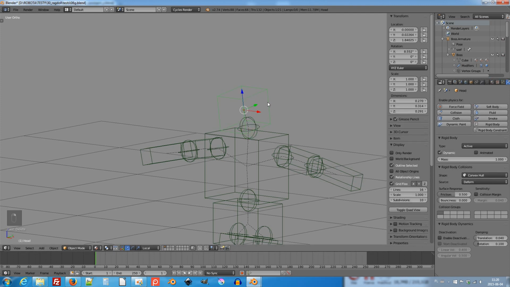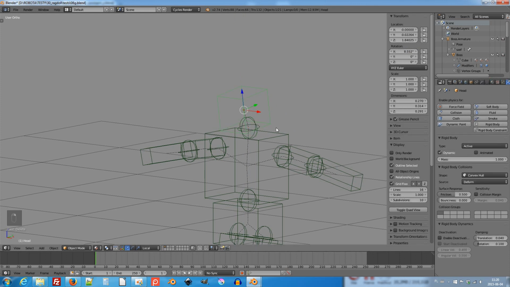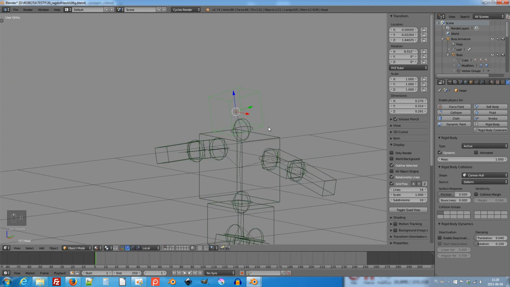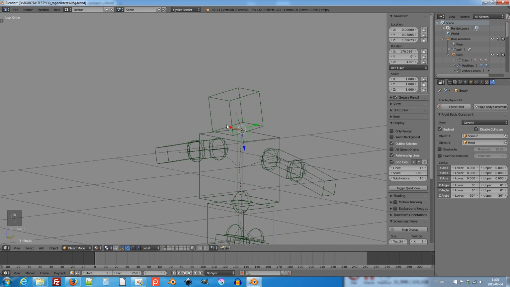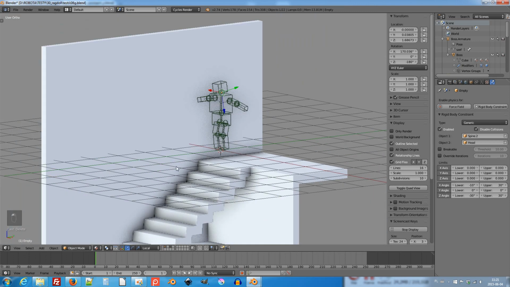Okay, so now left or right is along the z-axis, up or down is along the x-axis, and now I can run the animation to test the model.